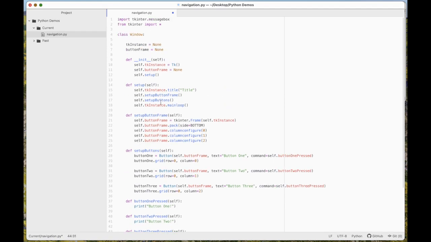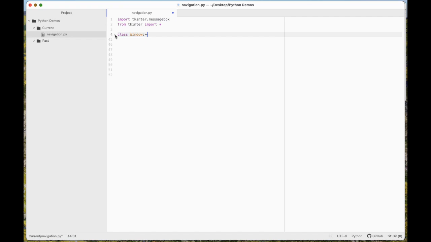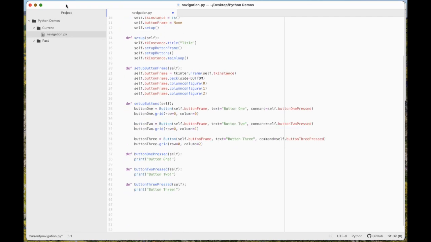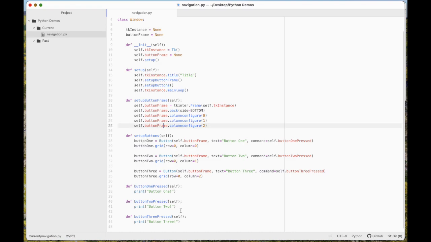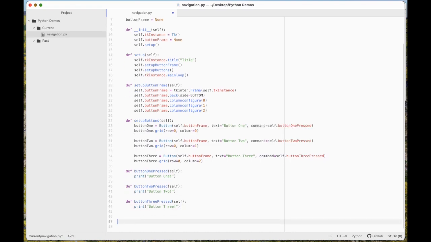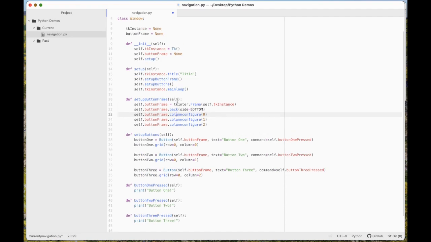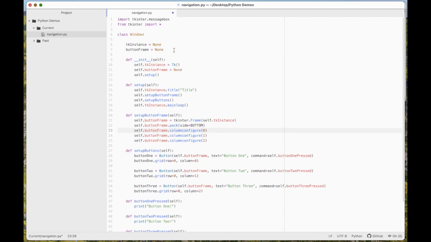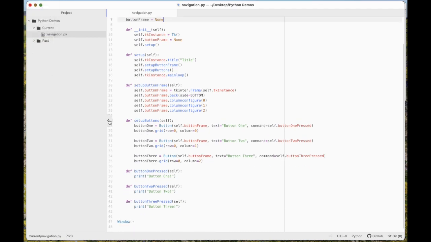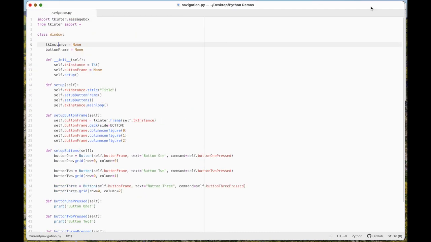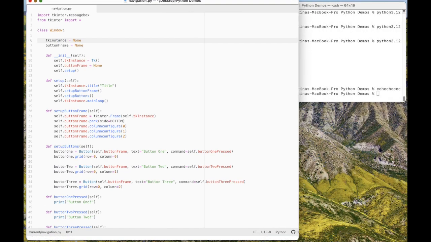All right, so this is just the definition of a class. So if I run this file, sorry, nothing's going to happen. So I need to instantiate this. And that's all that needs to be done in order to get the window to appear. So now I'm going to run this,